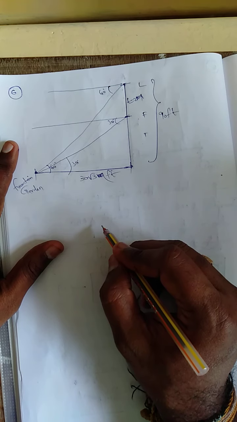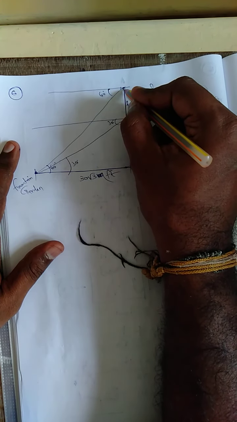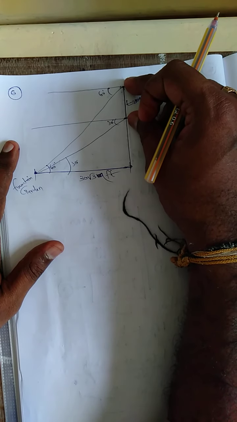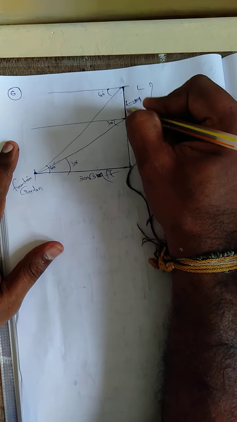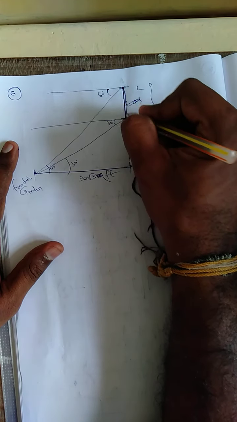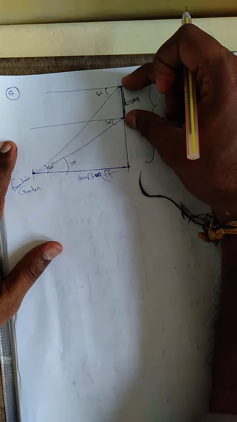From the entrance of the lift, find the speed of the lift which is descending. From here to here, what is the speed of the lift which is descending? This is the descending portion. Better I will find this distance. I need to find this distance. From here to here they have given 2 minutes.